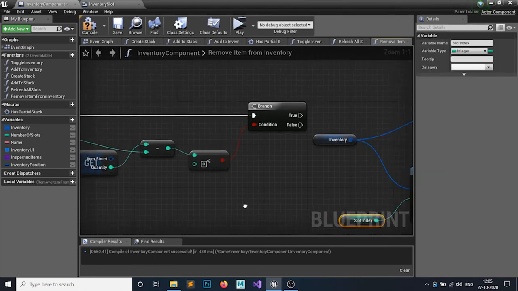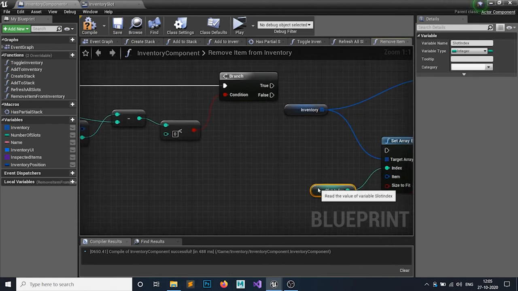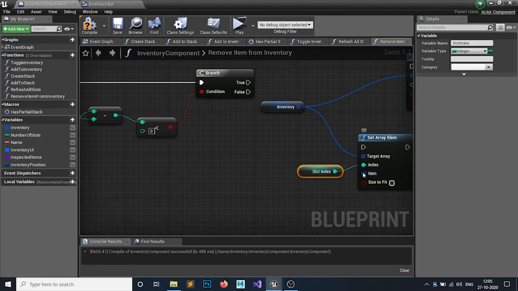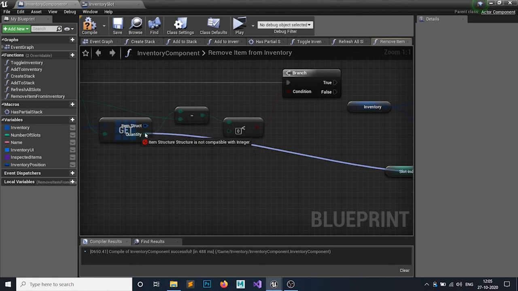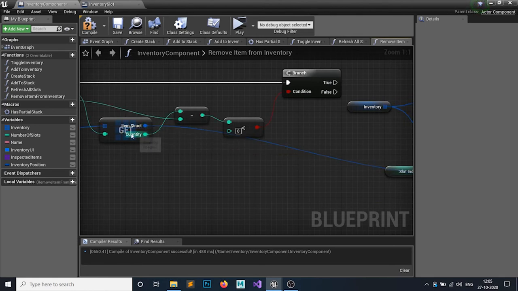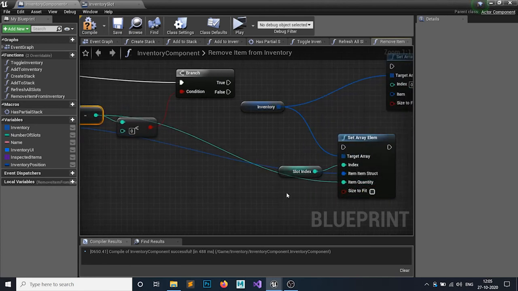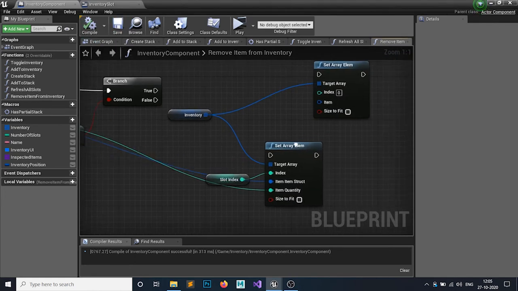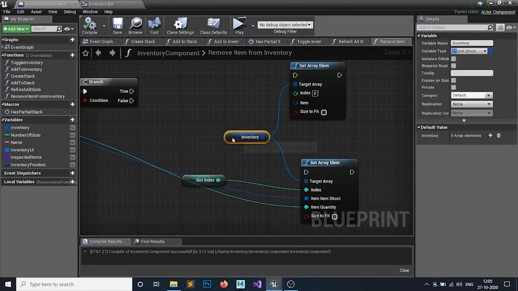This slot index is the input of this function. You can also access the input function inside here. The item, I'm just gonna split it out. The item should be this item structure, and the quantity should be the result of the minus. After the minus, what is the quantity? This quantity should be in here. Okay, so this is it.